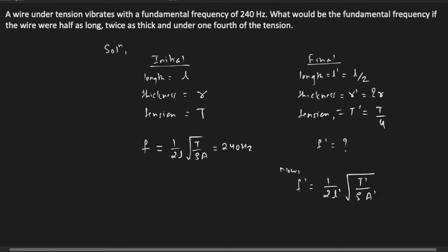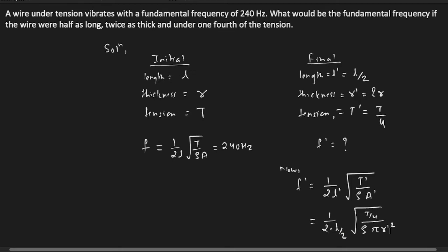Density is the same for the final condition because the wire is the same. Only length, tension, and area will be different. We will convert them to their initial values: L by 2, T by 4, into density, and area is equal to pi r square, so pi r dash square, and we will put the value of r dash